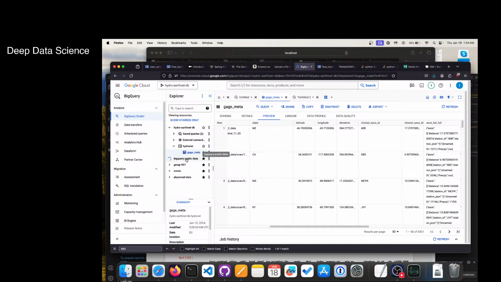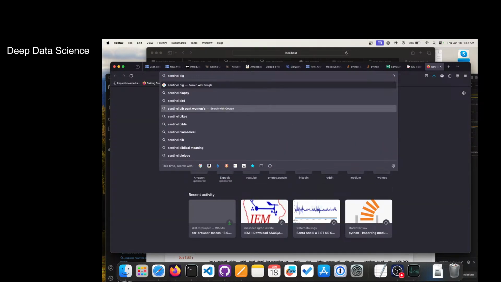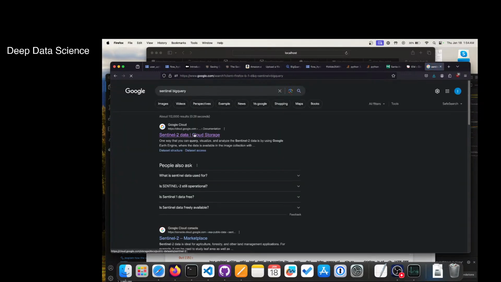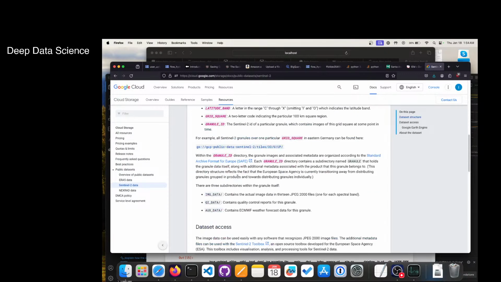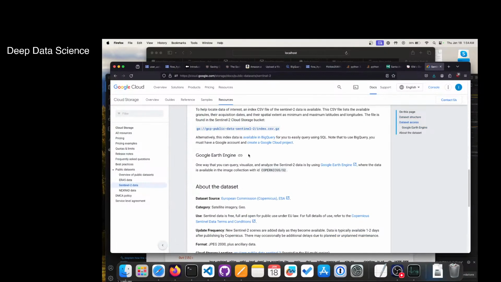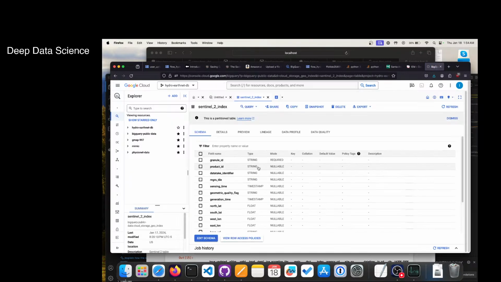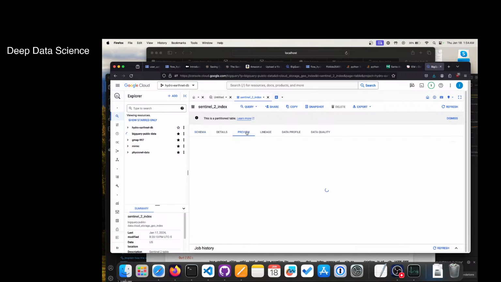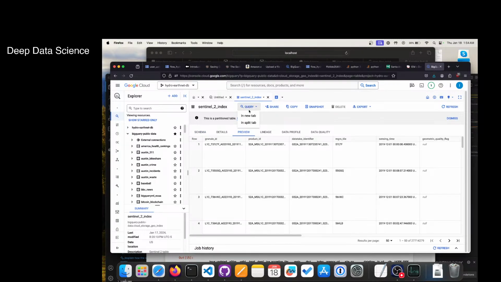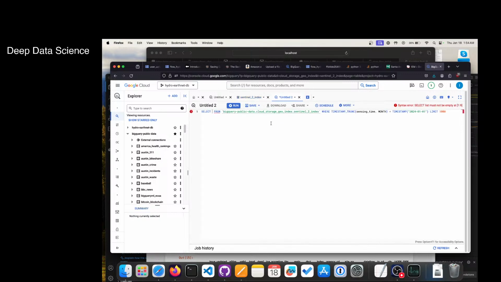So I think it was in BigQuery public, I think I remember. Sentinel BigQuery. So yeah, I know it's on BigQuery somewhere. Okay, it's available in BigQuery. So, okay, so here. Again, the big thing, tons of rows. So in a new tab, basically what we're going to do,